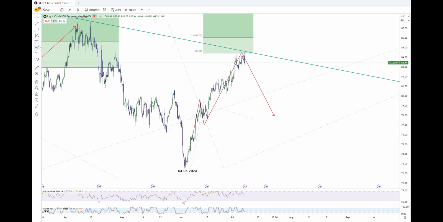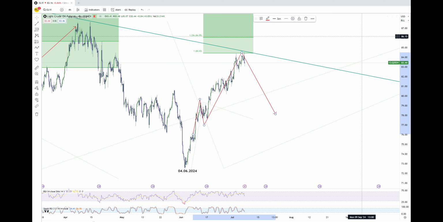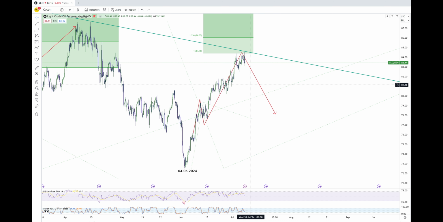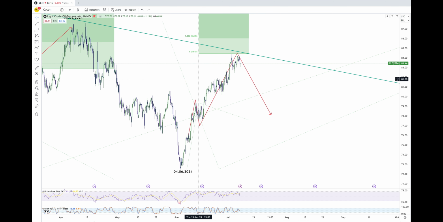Of course, the bounce, you cannot predict whether it's a big one or whether it's a small one, and then you continue lower. So what we can see right now, we are going to get some degree of a reaction lower, at least for now. And this one can give us 2 or 3 possibilities before the next move.